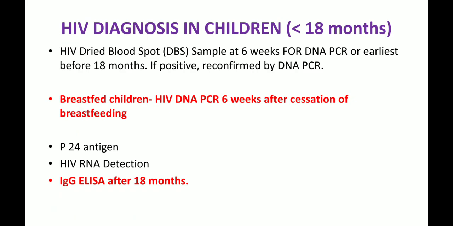If it is positive, then it is reconfirmed by a repeat HIV DNA PCR, and only then is it reported as positive before initiating the baby on lifelong antiretroviral therapy. The other methodologies for pediatric HIV infection diagnosis: P24 antigen, HIV RNA detection, and IgG ELISA performed after 18 months. In the case of breastfed children, it should be remembered that HIV DNA PCR should be performed 6 weeks after